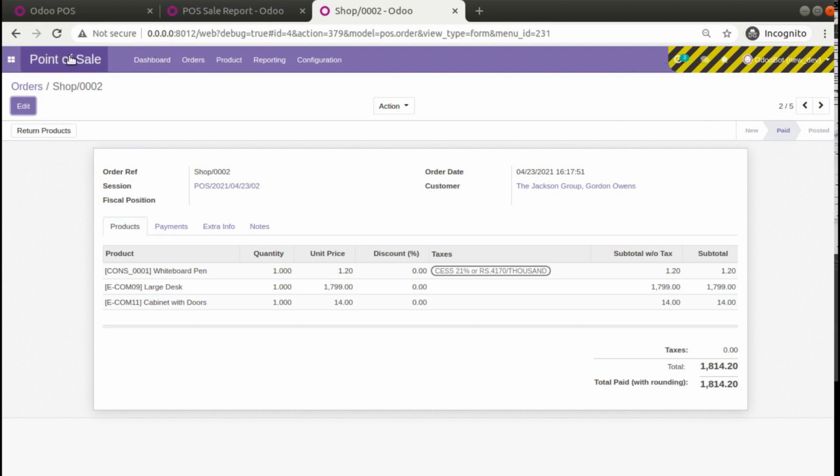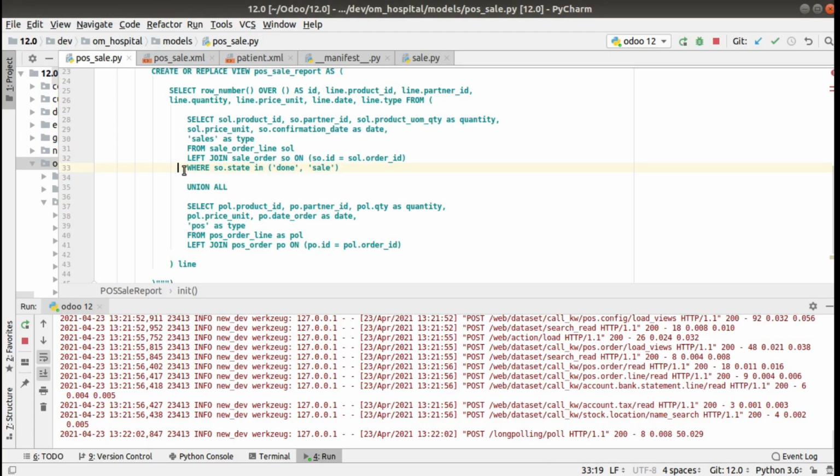So simply you can copy this where statement and put it here. That is, instead of so dot state we have po dot state in paid, done and invoiced.